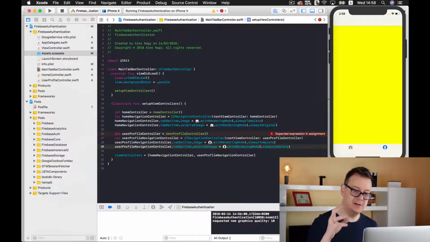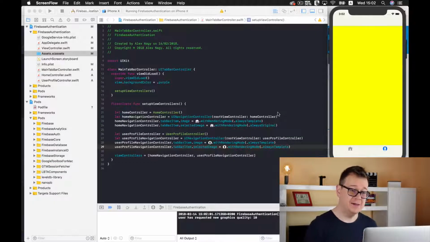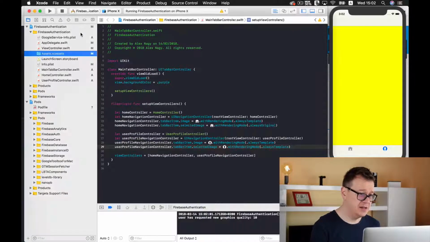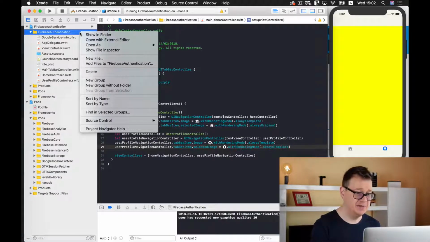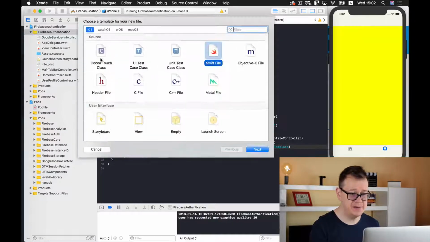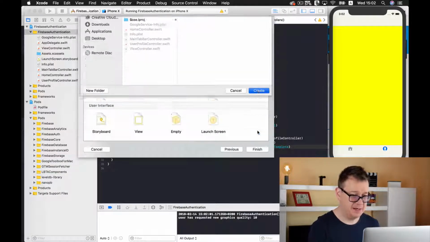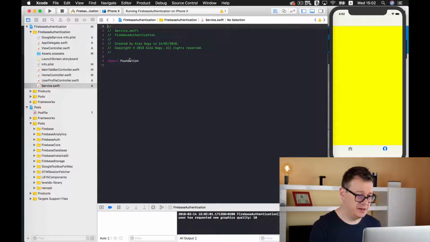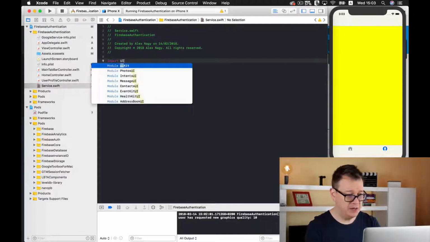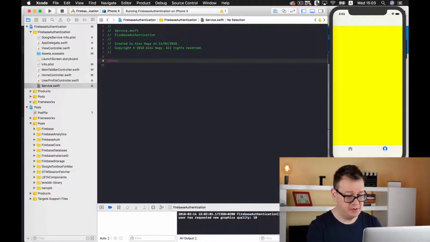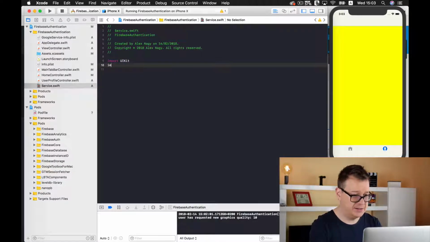Okay, next up is to add colors to these template images. So now we want to add a color to our selected images and our unselected image. For that, we are going to create a service file. So let's create a new file here. Let it be of Swift. Let's click on next and name it Service. Okay, let's create it. And let me just import UIKit first, and then let's import